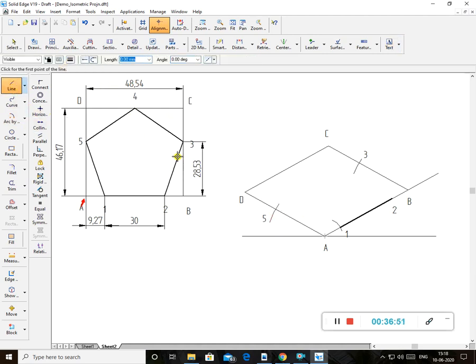Or you can do it by compass. You just measure the dimension here if you want. The distance between this line and this point, you measure, it is 24.27, and you draw the arc.